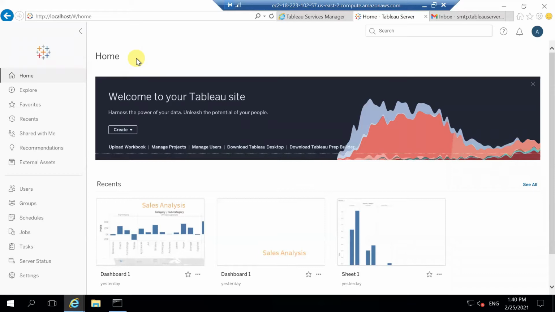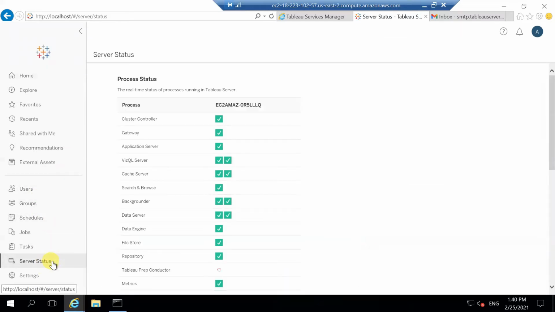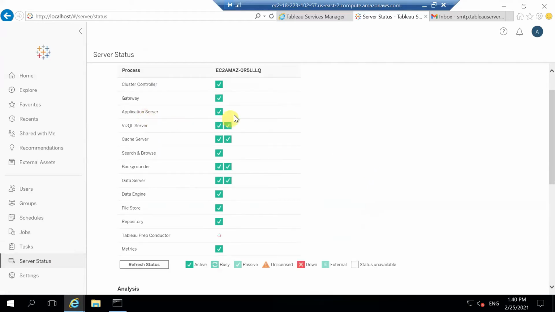If a Tableau server is running without any issues, it means there are a lot of Tableau server processes running across. So if you look at the server status tab in the Tableau server page, you will see there are n number of processes which run in the background and make your Tableau server function in the way that you want it. So being a Tableau server administrator, if something goes wrong to one of your processes, you want to be informed immediately.